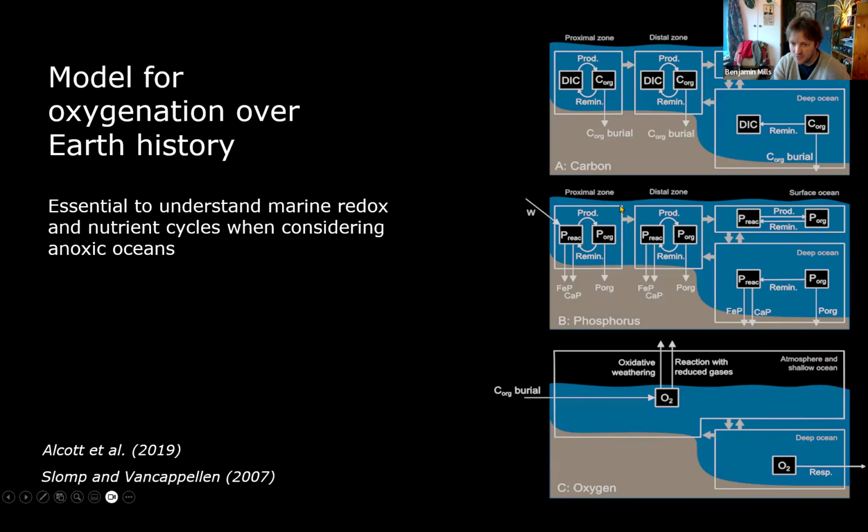We also have a phosphorus cycle, which again, we turn reactive, soluble, bioavailable phosphorus into organic phosphorus. And then we also mineralize that back to the ocean pool when we do our respiration. And then we can bury phosphorus. If we bury organic matter, it's going to take phosphorus with it. We can also bury it as iron-bound phosphorus or as calcium fluorapatite.